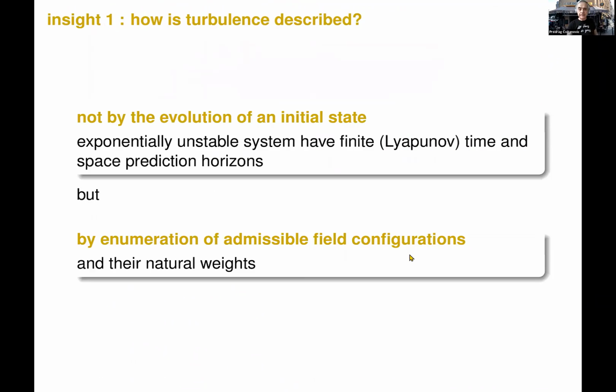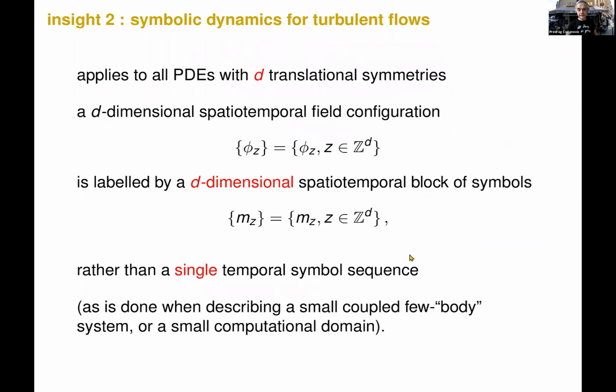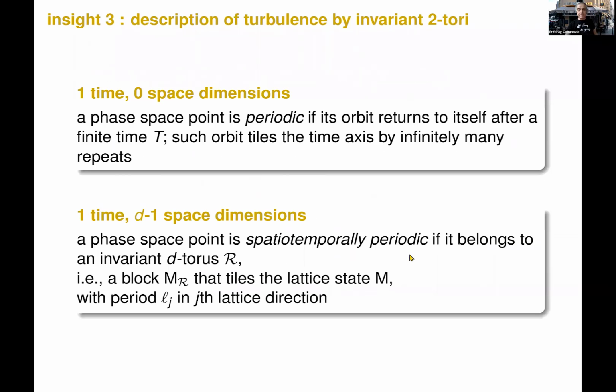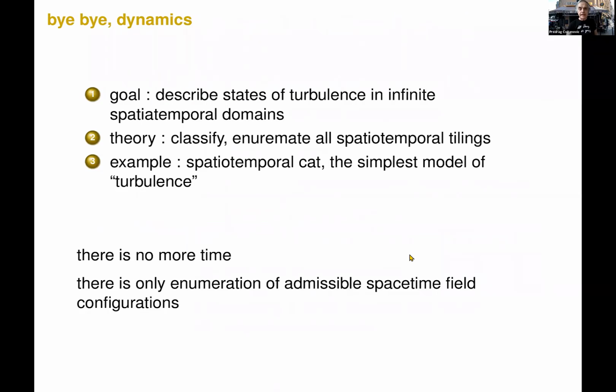Now I just want to say a few things about what it all means. What have we learned? When you think of field theory, please don't involve initial states. It's impossible. You have to think like in statistical mechanics, you have to enumerate configurations. So the theory has to be formulated in terms of periodic tori rather than time periodic loops. Dynamics has gone away because there is no time. Your goal is to find all possible states, enumerate them, and then compute them. There is no more time.